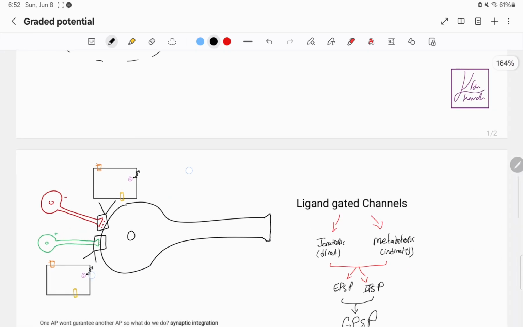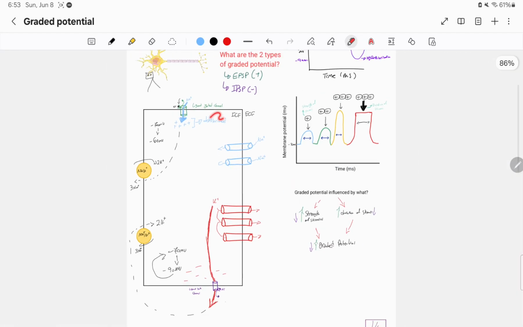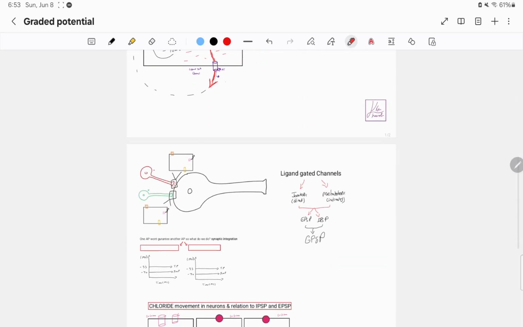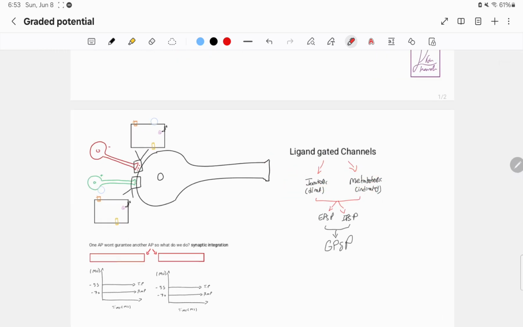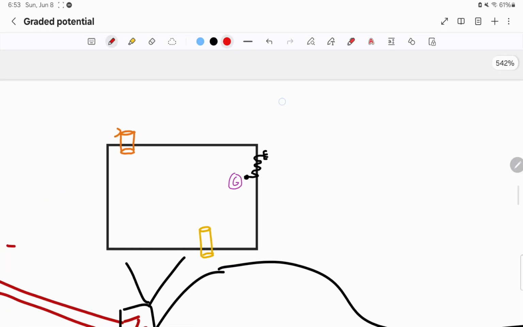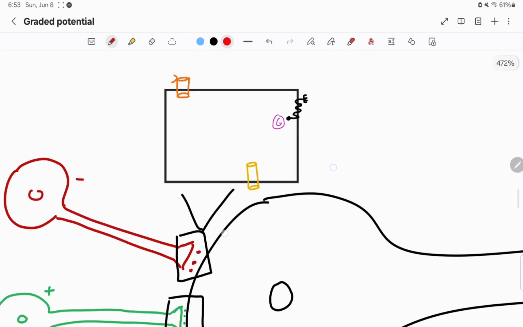Okay, now let's zoom in here at this site and figure out how this neuron is causing an IPSP or EPSP, because we looked at the process over here. We said that this was an EPSP, this was an IPSP, and how it's decremental. But now I want to show you that this can actually occur using two different channels, the ionotropic and the metabotropic. So first things first, let's do the negative one, the inhibitory